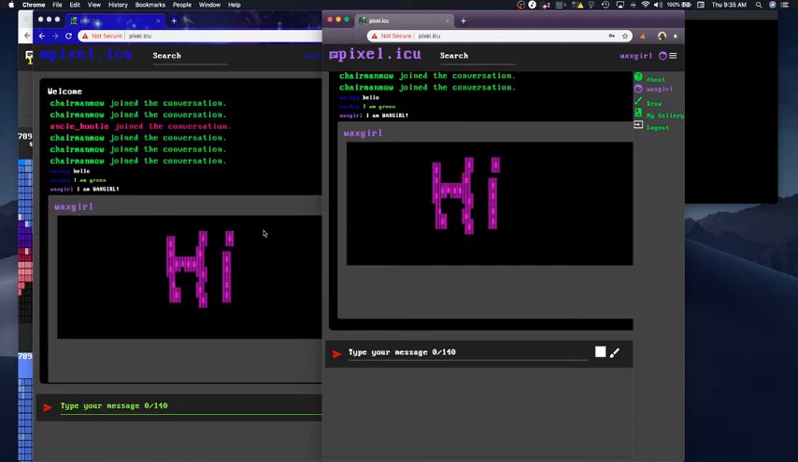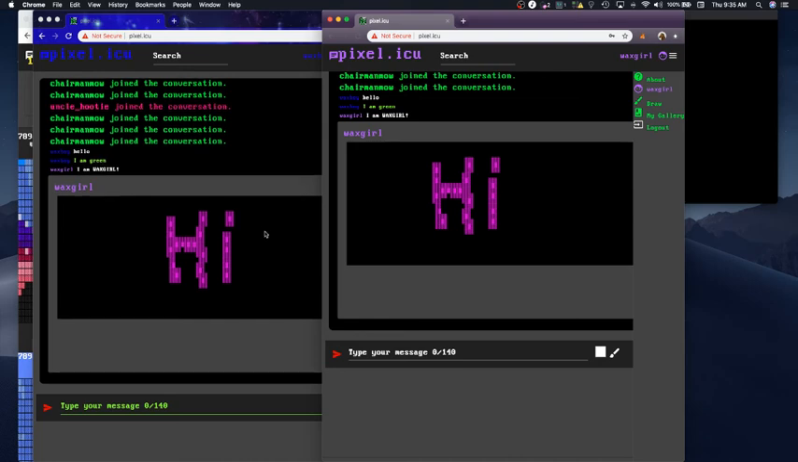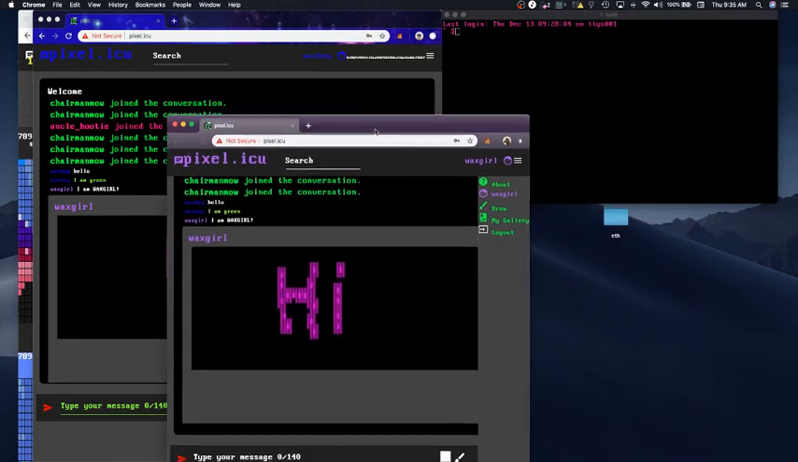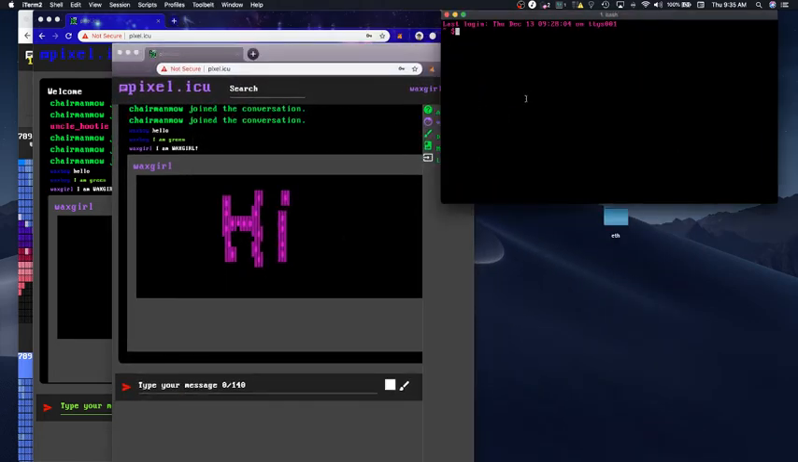Okay, so what we've got now is a little art editor. This is ANSI art. It's been around since the 80s. So we've got an art editor. We've got chat. That's pretty cool. Nothing too groundbreaking just yet. But the cool thing about this art style and also this site is that it